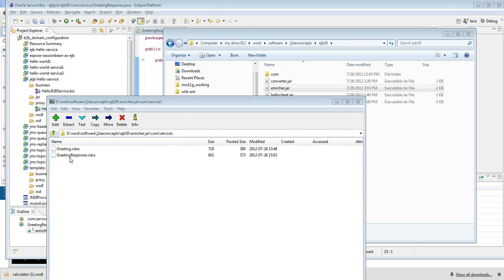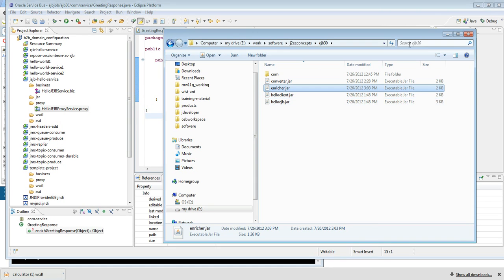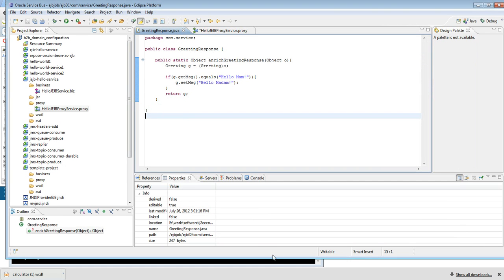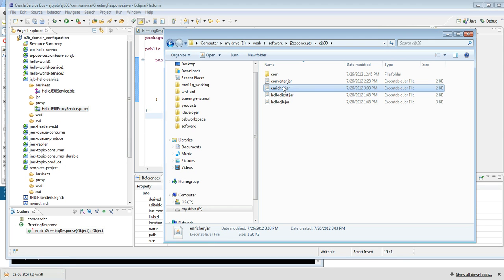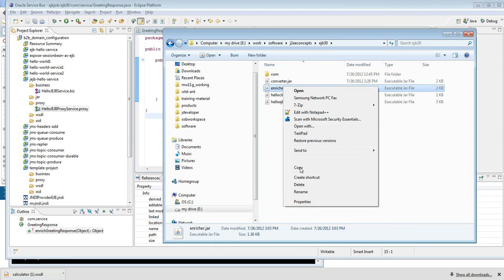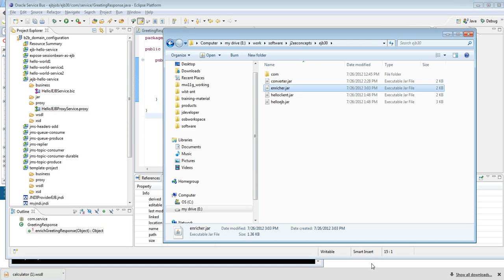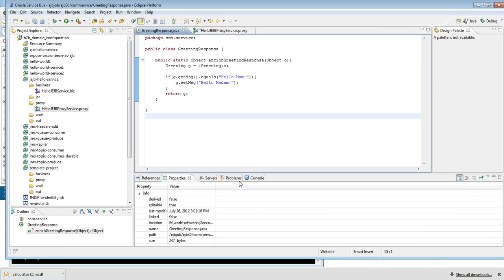So in that class, any dependent class like the Greeting class that is being used in this class needs to be added. As simple as that. Today I'm not showing the creation of jars and other things, since we did some of that yesterday, so you should have an idea of how we're doing that. Now that the jar is created, let me go here and copy the jar